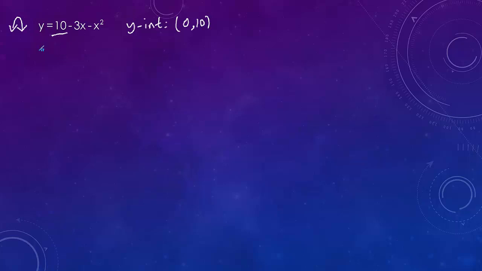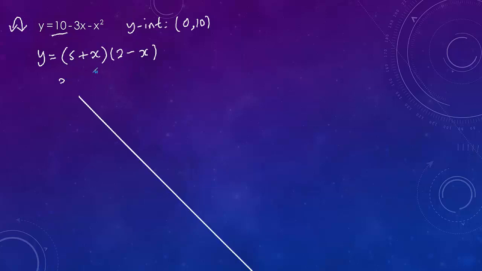I think I can factorize this one. Let's just give it a go. 5 and x in one bracket and 2 and x in the other bracket. And if we put the minus here and a plus here, that does give me 10. Add 2x minus 5x is minus 3x, and then minus x squared. So that works. And that gives me the